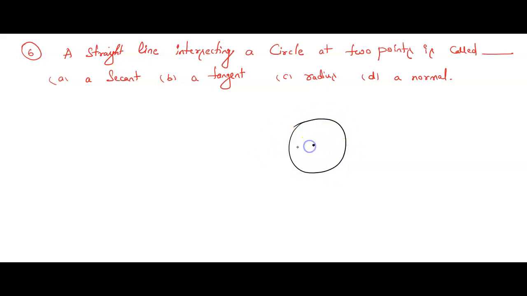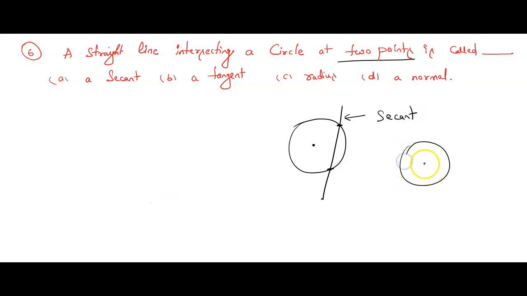One straight line is coming which is intersecting at 2 points, means which is touching the circle at 2 points. Let me say this is a line. You can see it is touching at this 1 point and this 1 point. Touching 2 points, cutting the circle, or intersecting the circle, all are one and the same. It is cutting the circle at 2 distinct points, correct? If it cuts the circle or touches at 2 points, then such a line we call a secant.